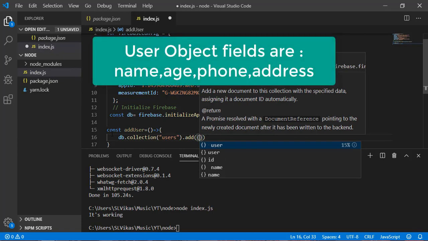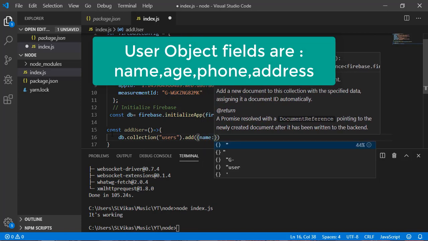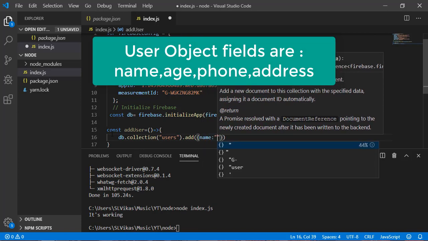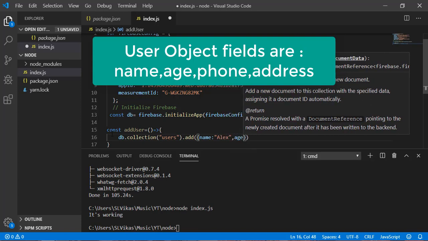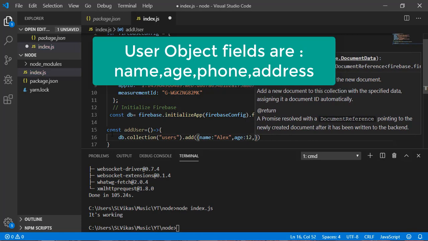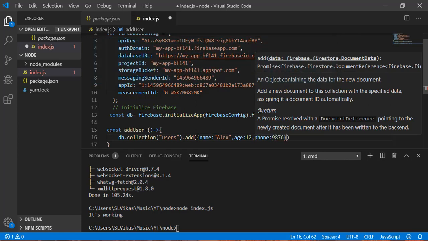So let's define the user object. The user object has to have a name, so provide some name. The next one is going to have age, so 12, and the next one is going to have phone number, so phone, and we can provide one. Next, address.